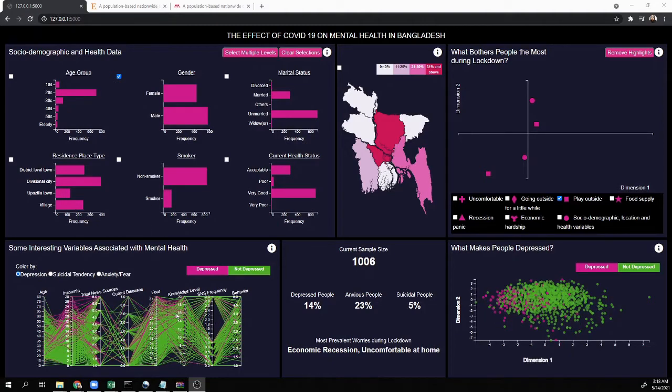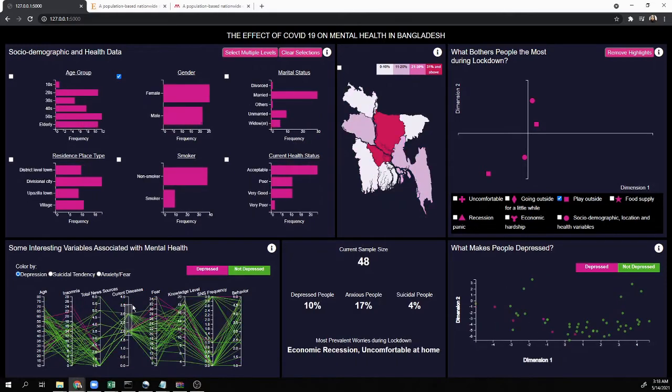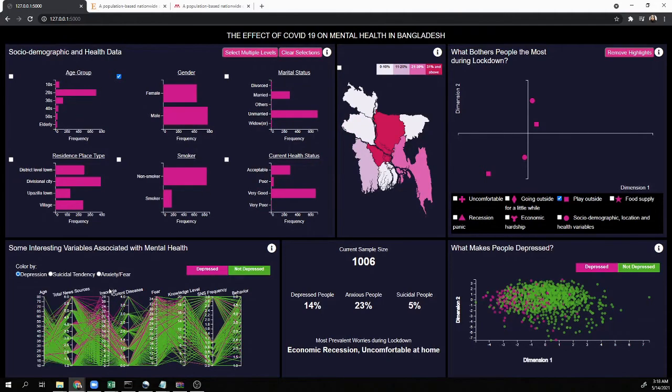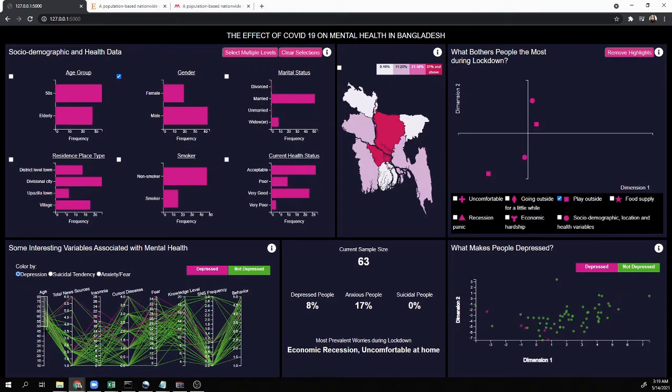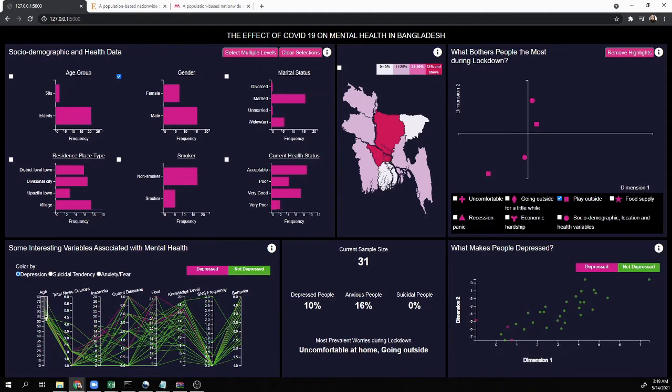So for interaction in the PCP, or parallel coordinates plot, I can brush on those axes and select the population that has a certain score range on that specific axis, or I can reorder the axes to see their relationship. For example, age and total news sources: if I want to see how many news sources the lower range of ages consume, you can see there are a variety of numbers. But when we go towards higher ages, we can see that they consistently use a lower number of news sources.